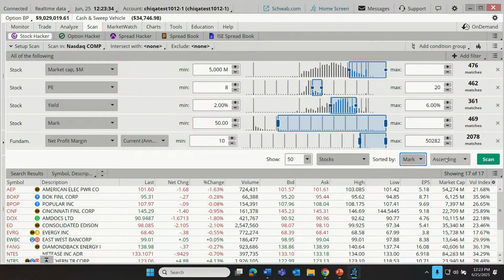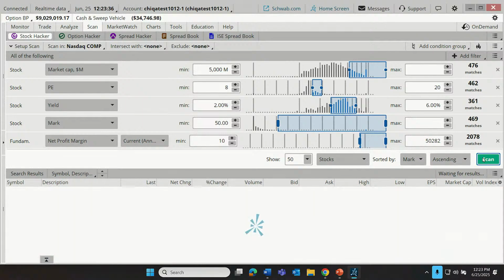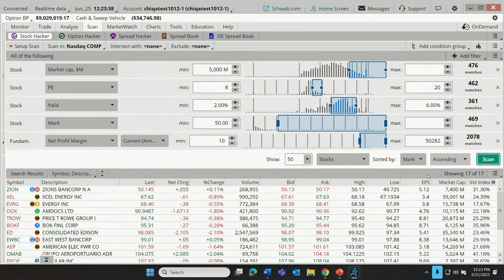let's leave it as ascending for just a moment. I'm going to click scan, and what that just did is it sorted them here. Also, another way that you can look at market price is just what's called the last price. That's very similar. It's the last price the stock traded for. Not always exactly the same, but very similar, especially with good liquid stocks. And you can see how those are now ascending in price. Our symbols are not in alphabetical order like they were before, but this is now sorted by price.